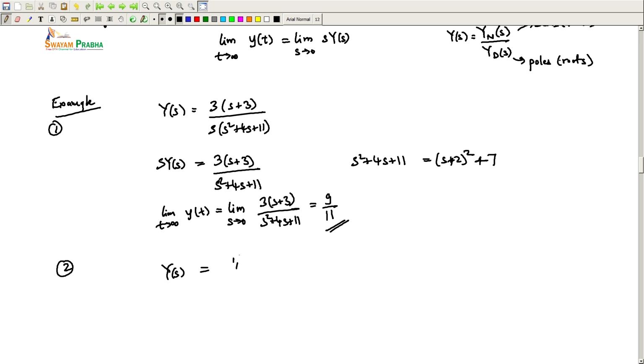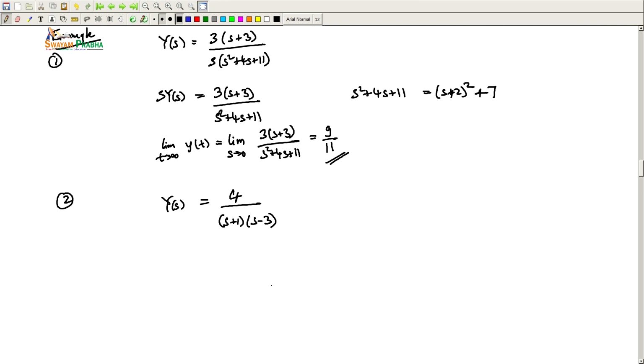Let us look at another example. Now, if you look at this example, what you will see is, if we look at the poles, there is one pole which has a positive real part. So, it will lie in the right half plane basically. So, based on this what we